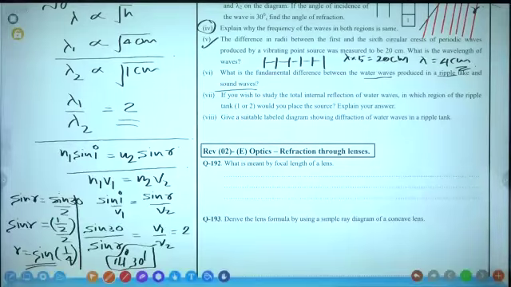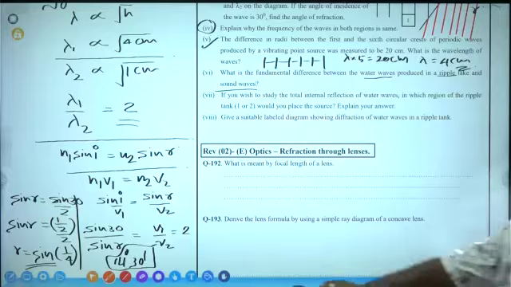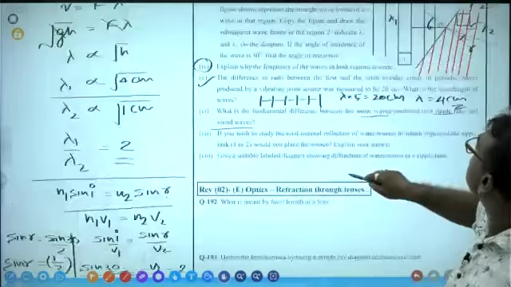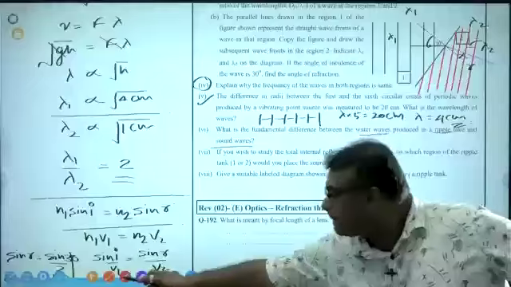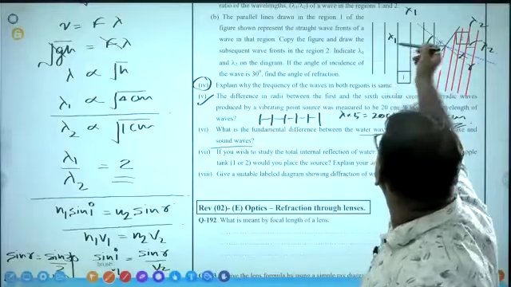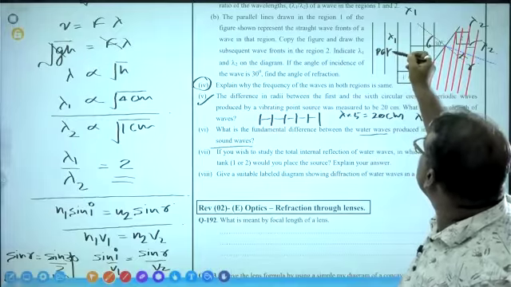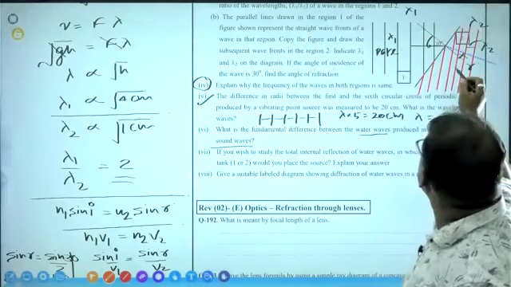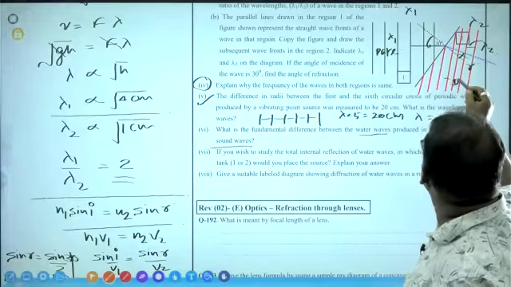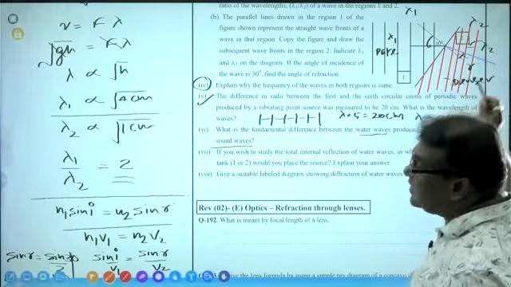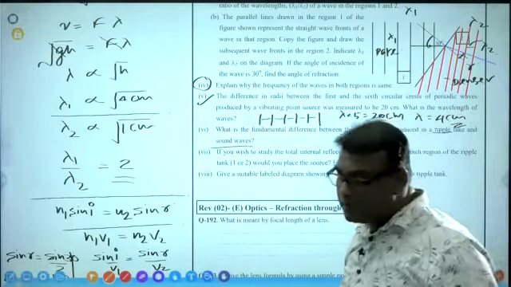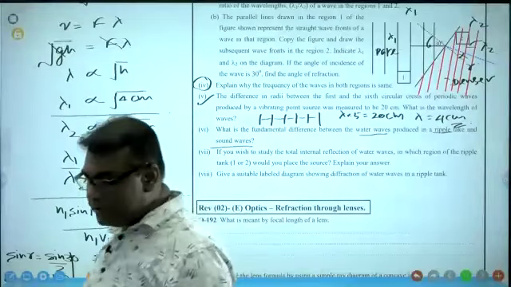If you wish to study the total internal reflection of water waves, in which region of the ripple tank, 1 or 2, would you place the source? See, placing the source. This one, deep region, it's rarer. This one, shallow region, it's denser. To see the wave, to see